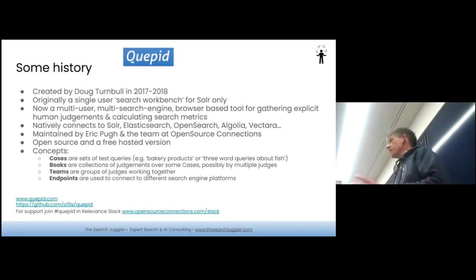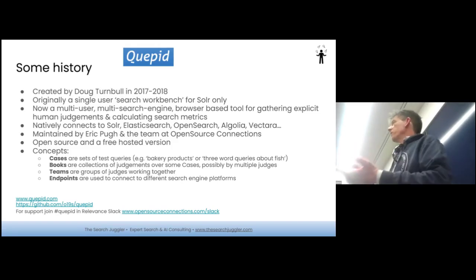It was created back in around 2017, 2018, and it was originally a kind of search workbench. So if you had a Solr search engine, which is the only thing it worked with at the time, you could point this tool at Solr, create some queries, run those on Solr, and get some results back. Then you could make some judgments to say this is good or bad, and measure how good those searches were. And you could actually change the Solr query within the tool. So, I don't know, put a boost up or down, or make the initial match different, and see what would happen, because the searches would run again and you'd get a slightly different set of results.